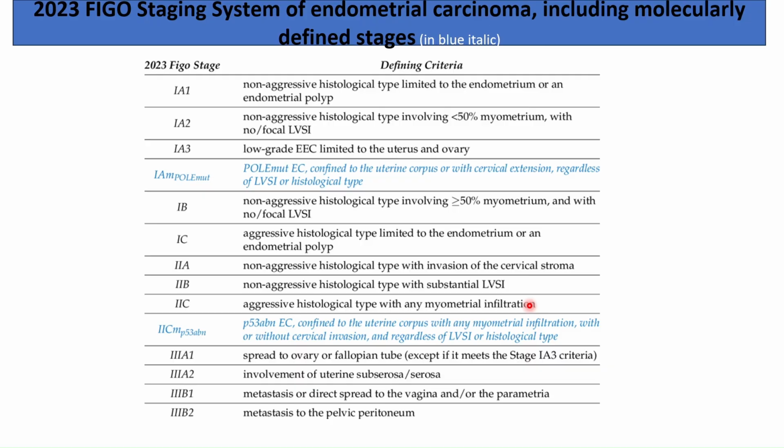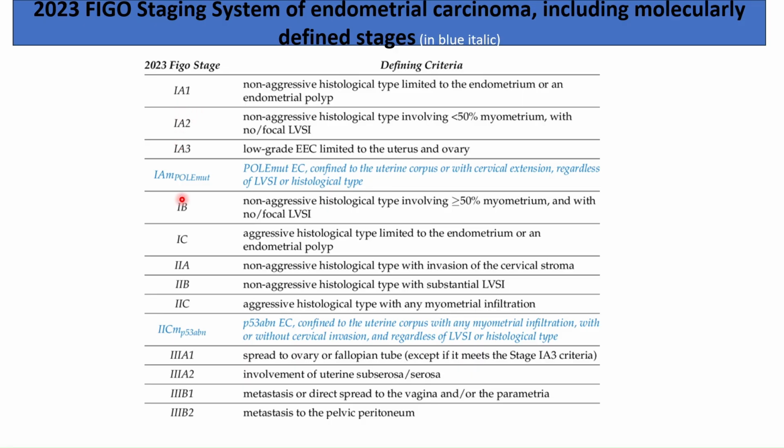This is the recent 2023 FIGO staging system for endometrial carcinoma, including molecularly defined stages. It is divided into 1A1, 1A2, 1A3, 1A mutation POLE mutation, 1B, 1C, 2A, 2B, 2C, and mutation including P53, 3A1, 3A2, 3B1, and 3B2. So basically, first stage,